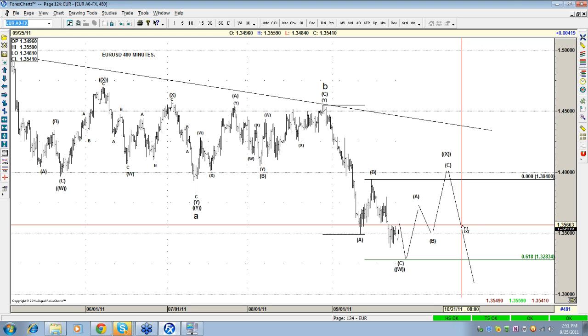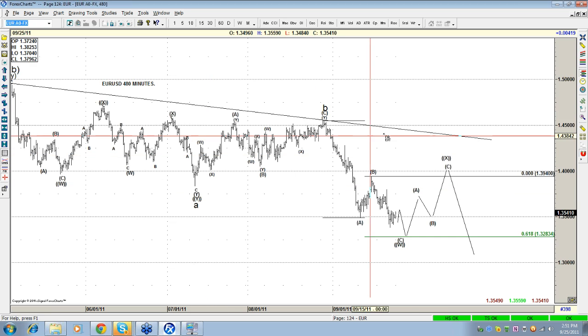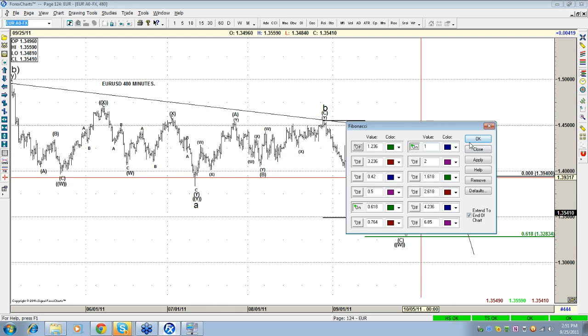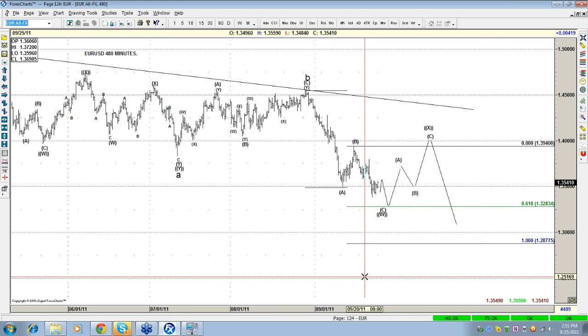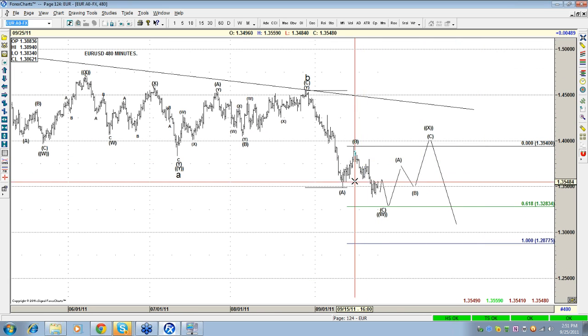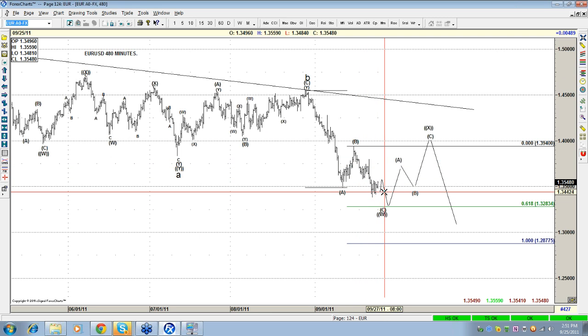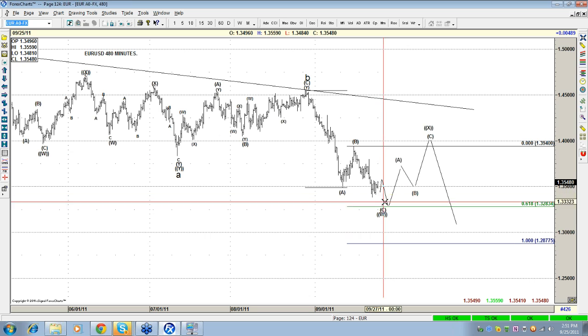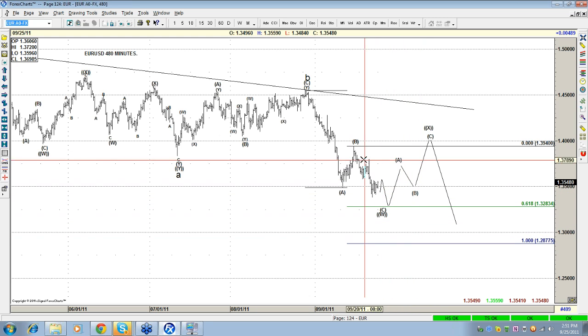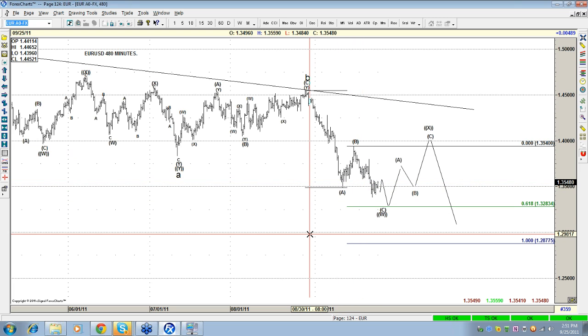In the ending diagonal, wave 4 can overlap wave 1. Yeah, it can get to equal legs. Yes, exactly. Is this what you mean? Yeah, it can get lower to 128, 129. But the extension right here, unless it's tagged, needs to be nesting then. But remember, this layer right here, that's why it can get into an extended wave. Remember, I want you guys to keep this in mind.